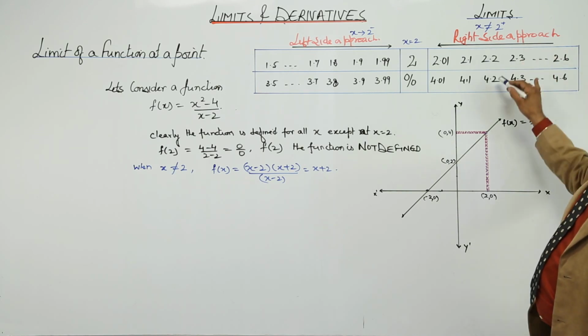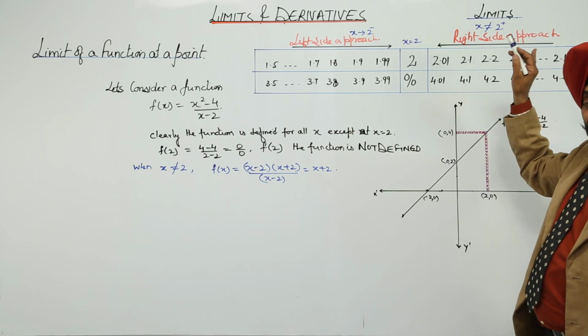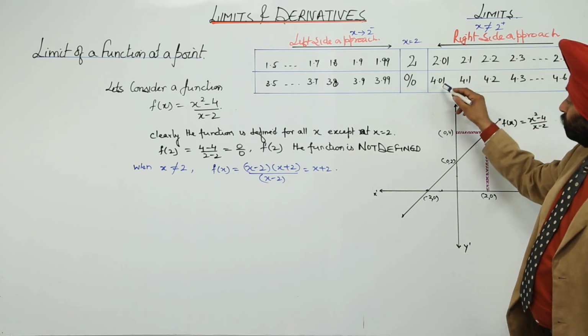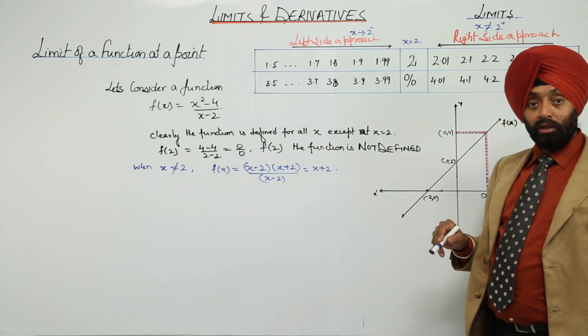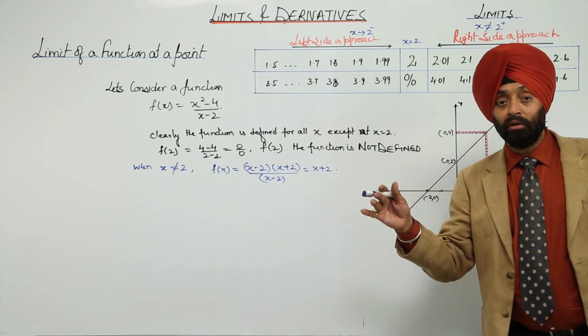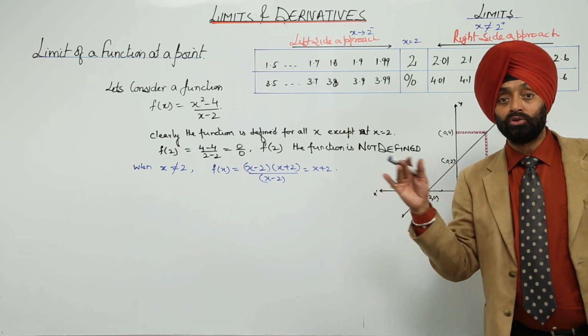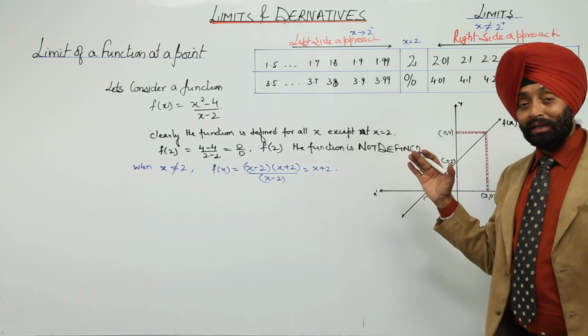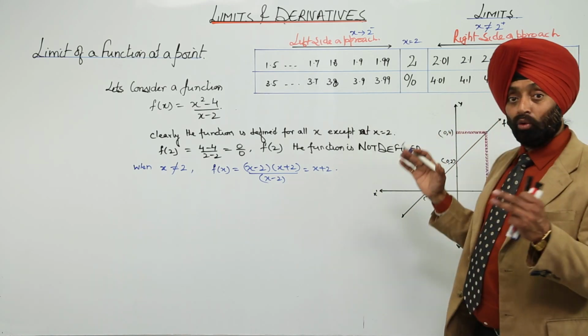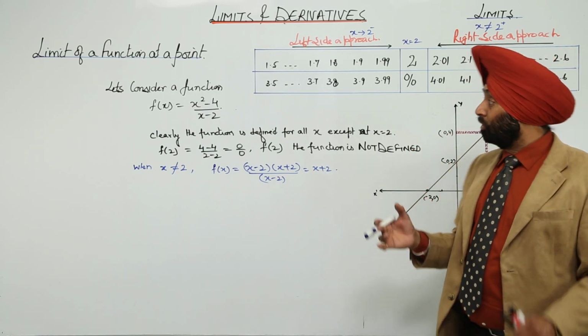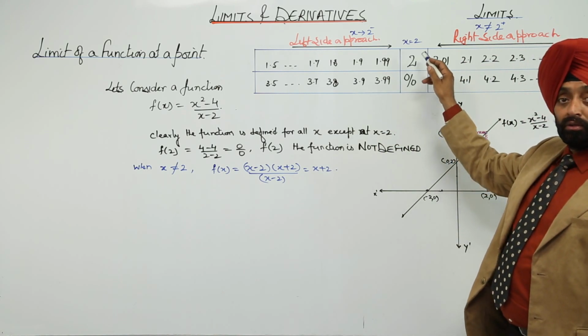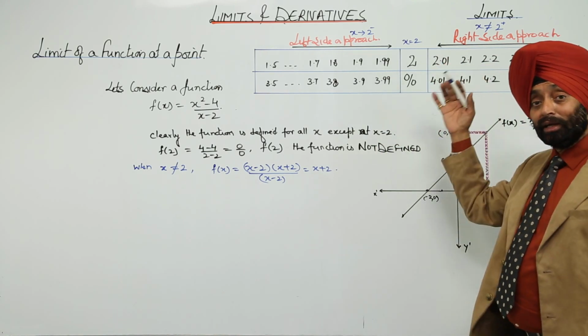2.3, 4.3; 2.2, 4.2; 2.1, 4.1. Now, at 2.01, we are getting 4.01. If we are at 2.001, then it might be 4.001. When we are just rounding it, what are we getting? We will be getting 4 again.